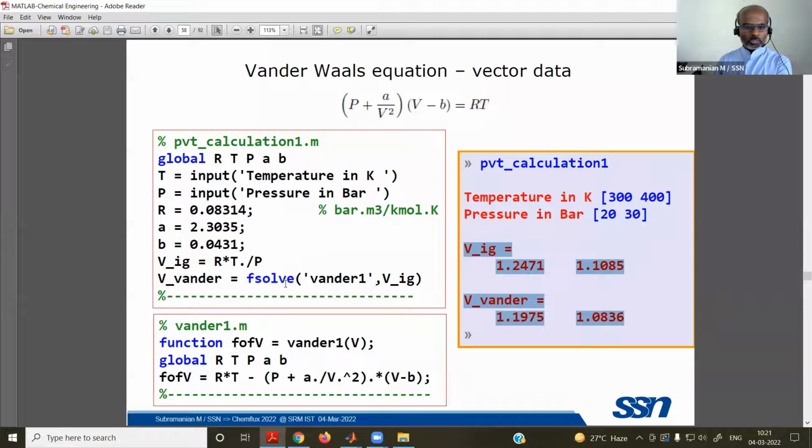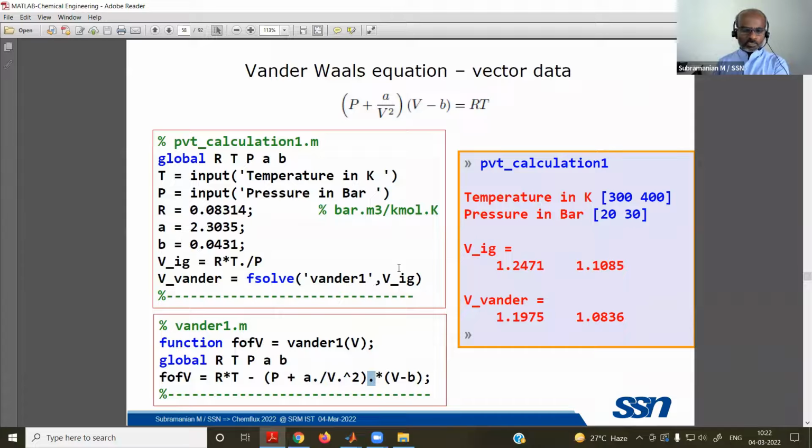So what we are doing is having this proper usage of dot. Of course, it will take time for me to explain, so at least I will say quickly. See, P plus a dot by V square, V dot square. So this is a dot operation. And again, this entire thing multiplied with V minus b. Here we have a dot.